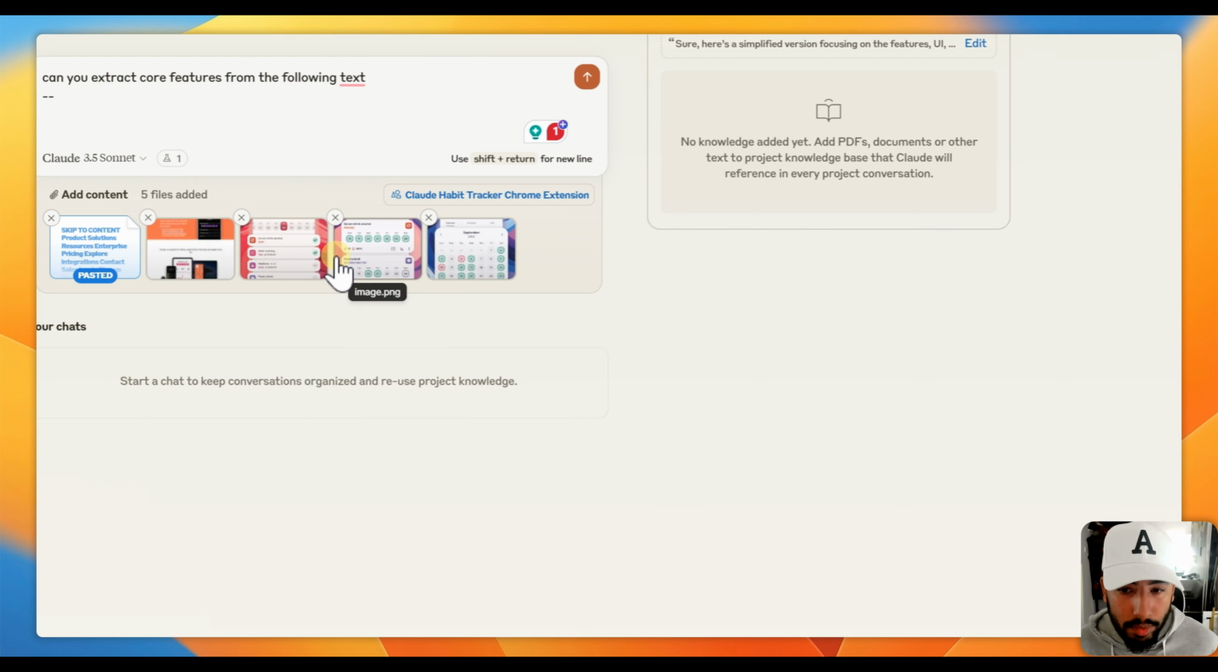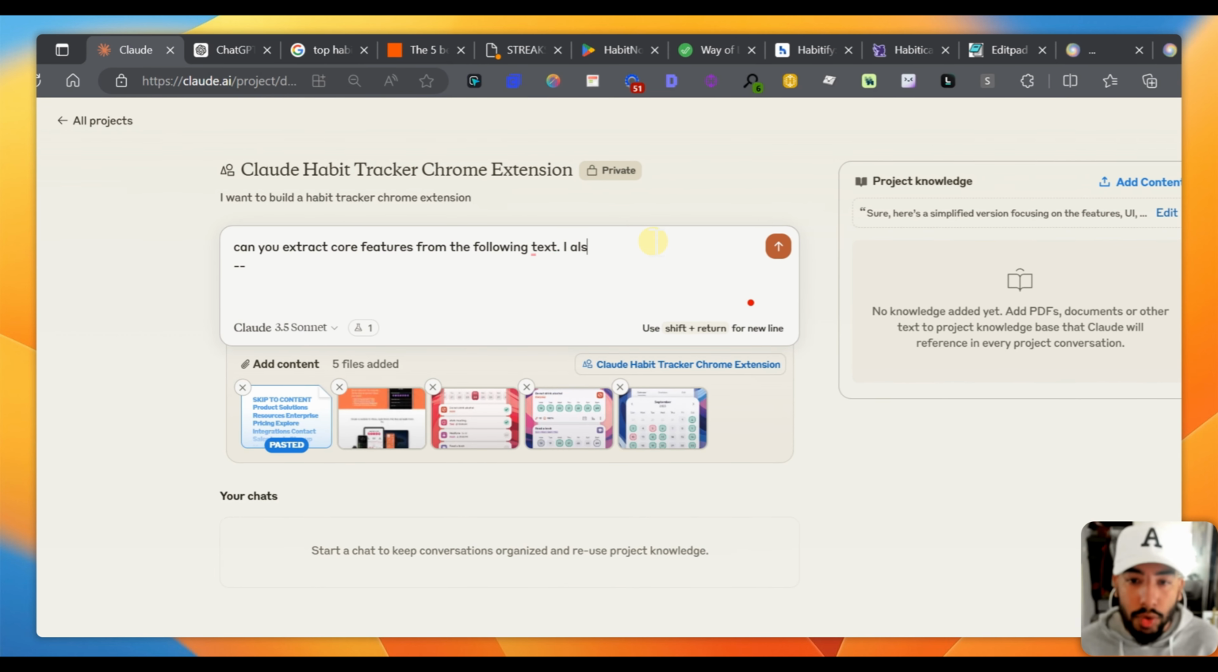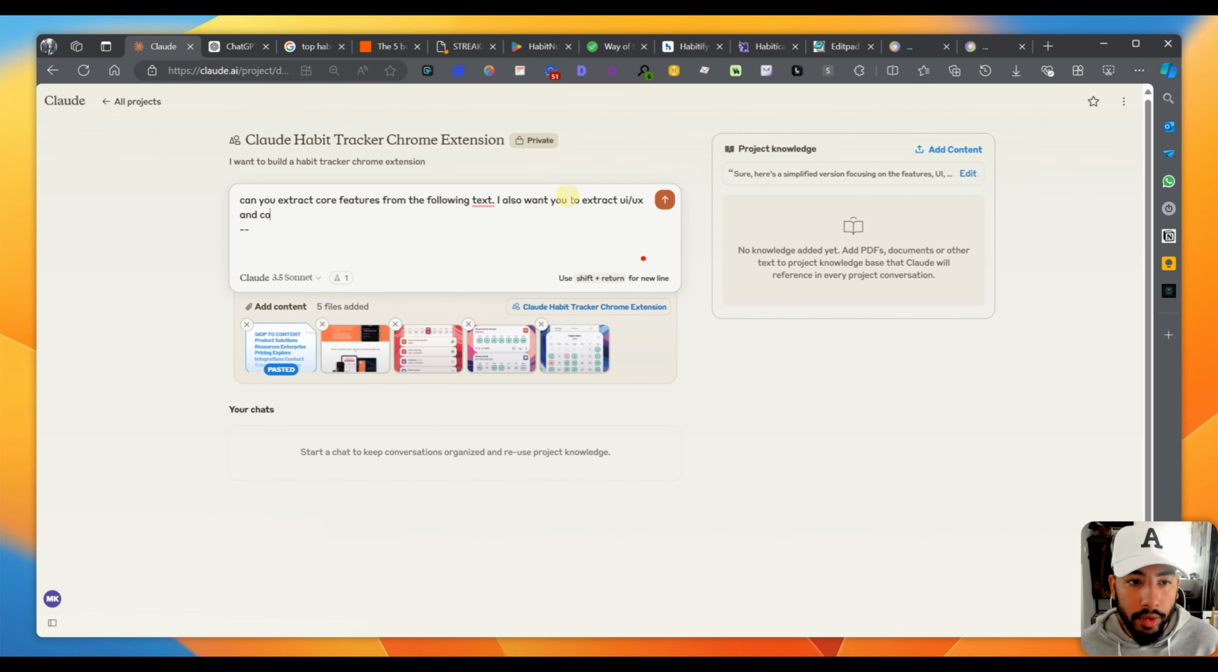And I actually went through a bunch of different web pages and I gave it a bunch of screenshots and some extra content. And I wanted to extract the core features from the following text. And then I also want you to extract UI, UX, and core feature information from the images